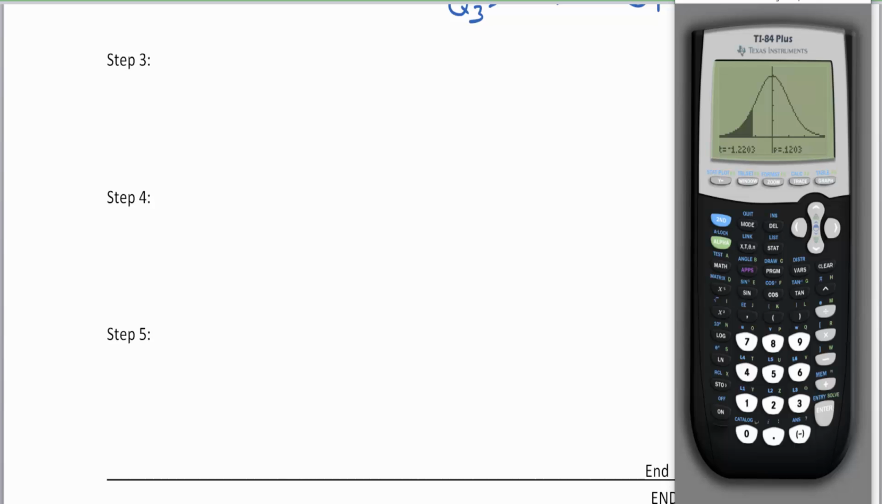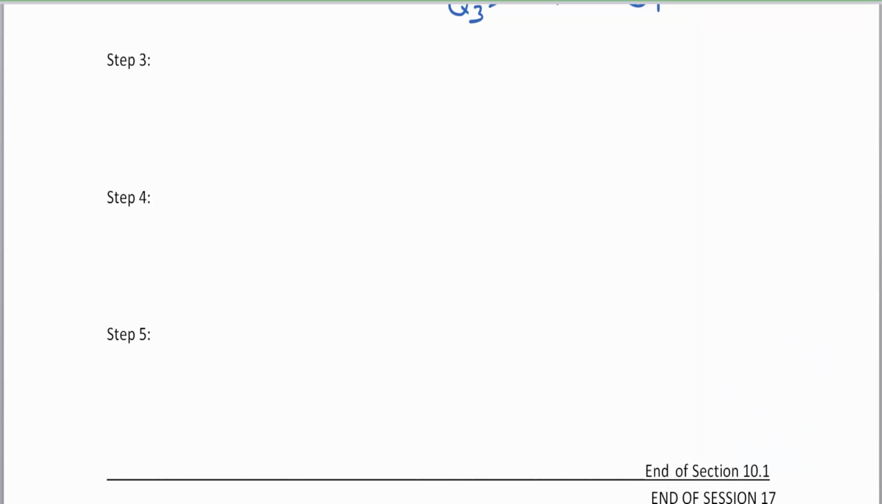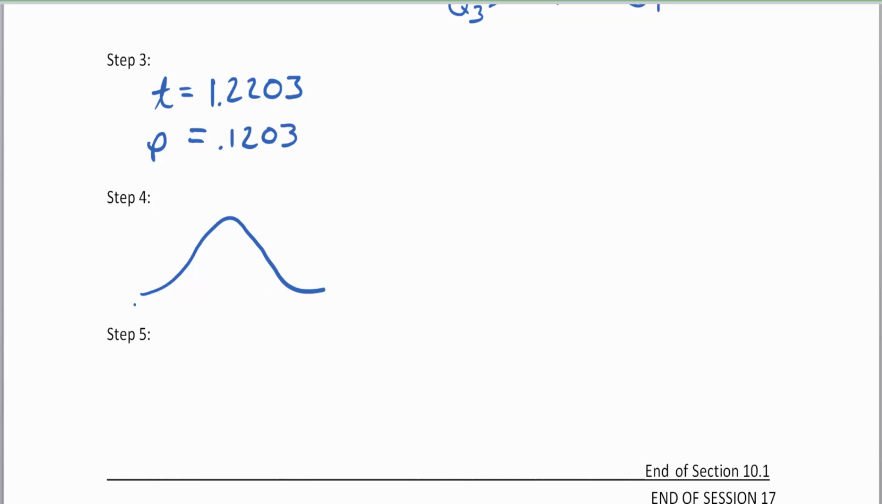My t-value is negative 1.2203. My p-value is 12.03%. So let's write that down in step 3. Okay, and let's draw the picture. My beautiful t-curve shaded on the left-hand side. Whoops, it was a negative. Don't want to forget the negative there because I've got to plant my flag negative 1.22 standard deviations away from